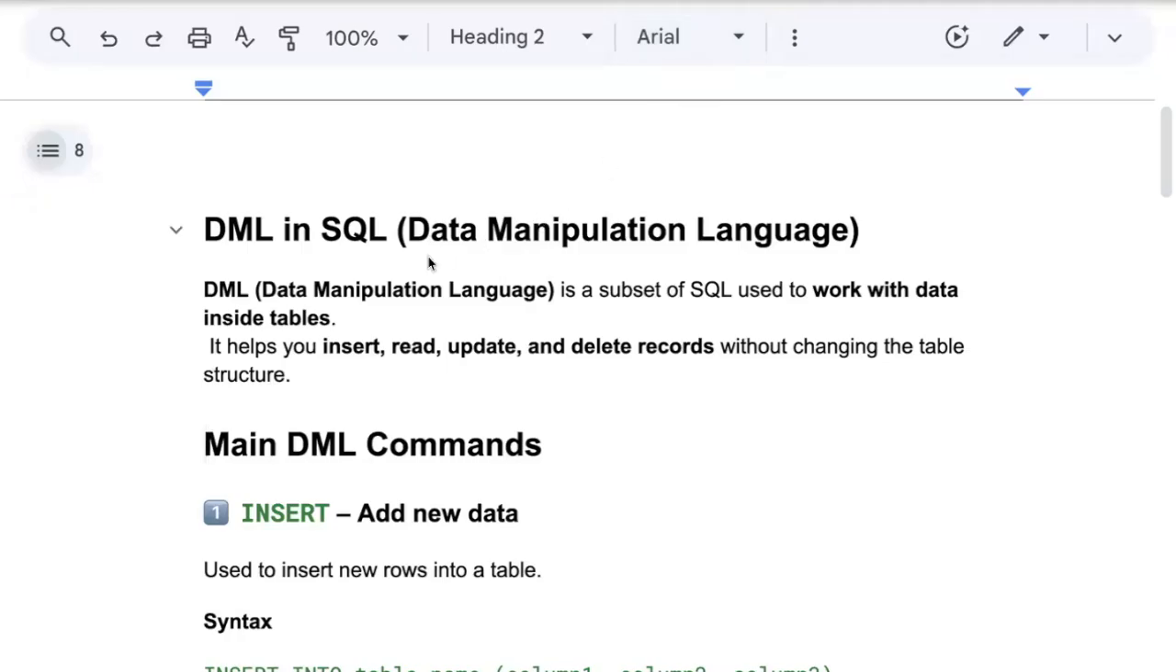Hey everyone, in this video, I'm going to discuss what exactly a DML in SQL is. DML stands for Data Manipulation Language, which is a part of SQL used to work with our data inside a table. If you remember, DDL was used in order to deal with the structures like creating database, creating table,